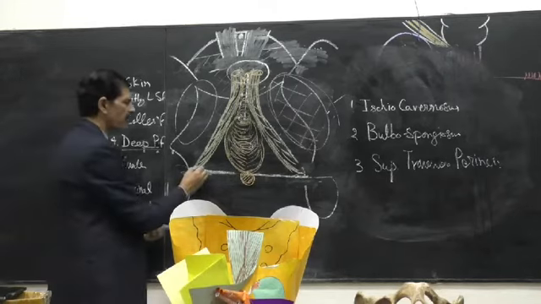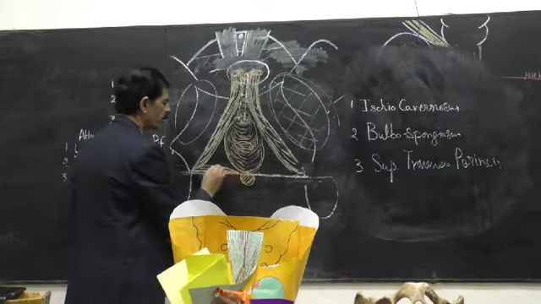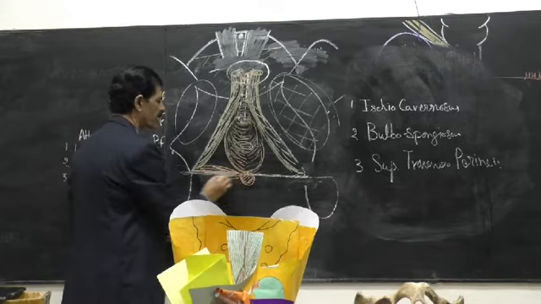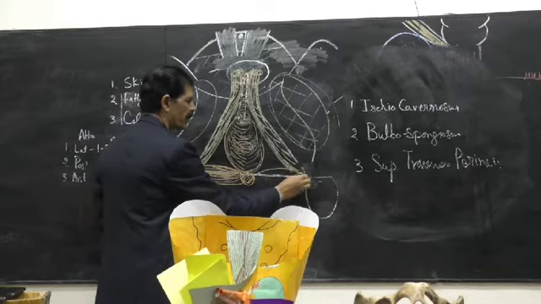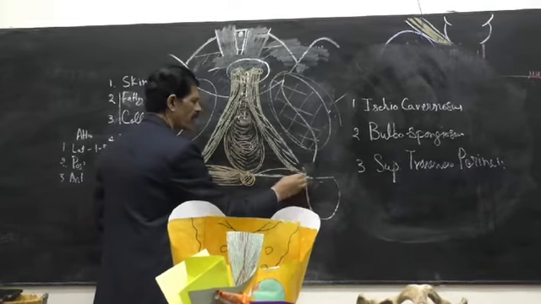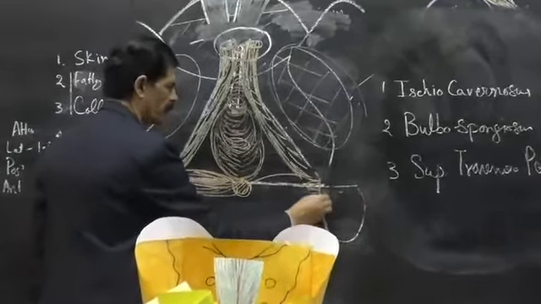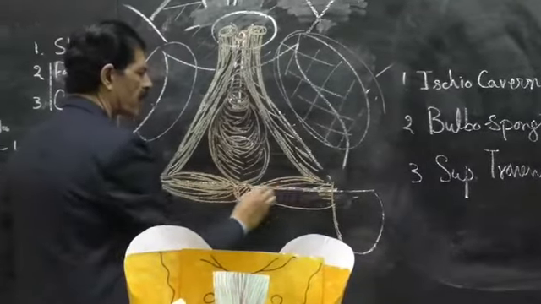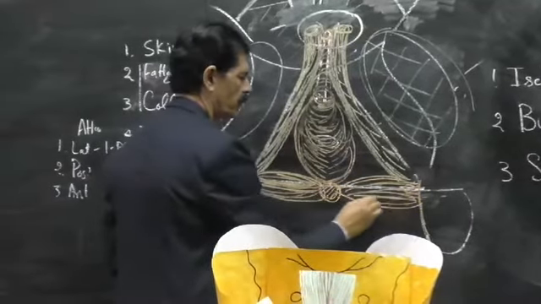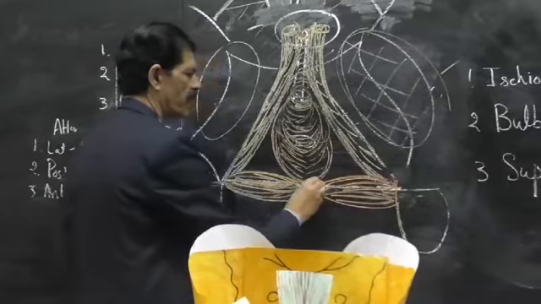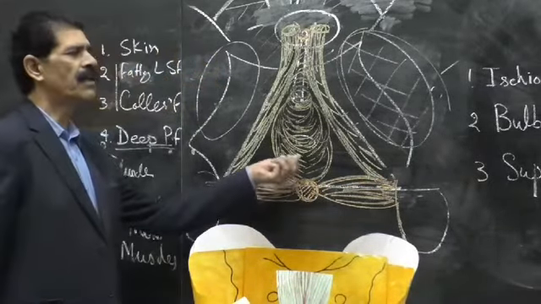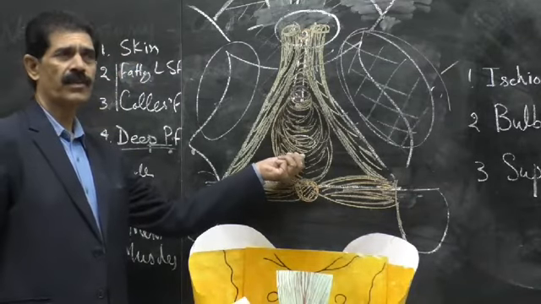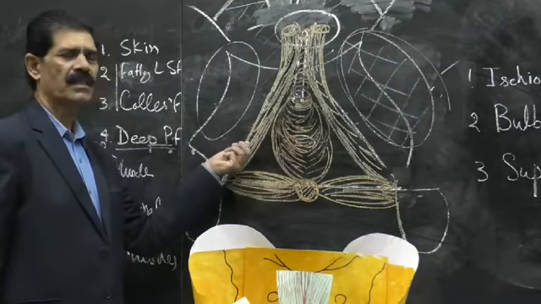The third muscle is the superficial transverse perineal muscle. So this is the transversely lying muscle. Superficial it is called because there is also a deep one. And this muscle takes origin from the medial aspect of the ischial tuberosity, and the insertion is the perineal body. So that is the superficial transverse perineal muscle, which gives the origin to the bulbospongiosus. So this is how we do the muscles.